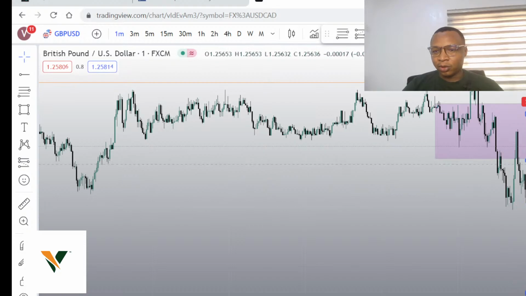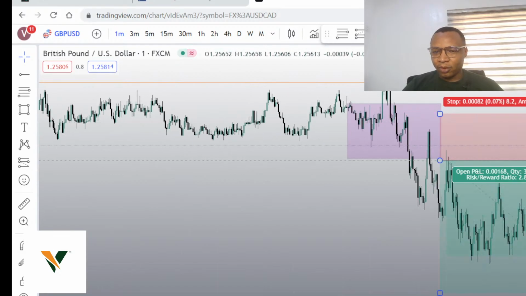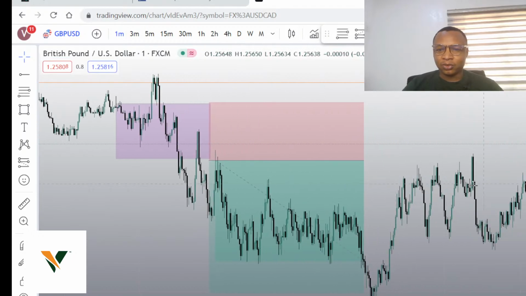We used a minimal stop loss and we were able to catch about 20 pips. We left the market at about 20 pips. We didn't want to take everything off the market because the goal is not to be right. The goal is just to make money and pass your various stages. All right. So after this last expansion, we exited, and of course, after that expansion, we've been seeing price tracing back into the original buy trend.